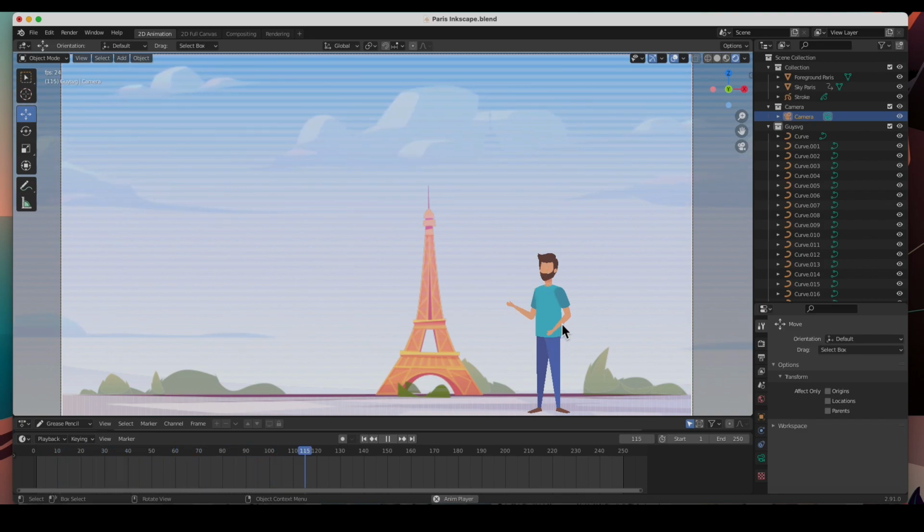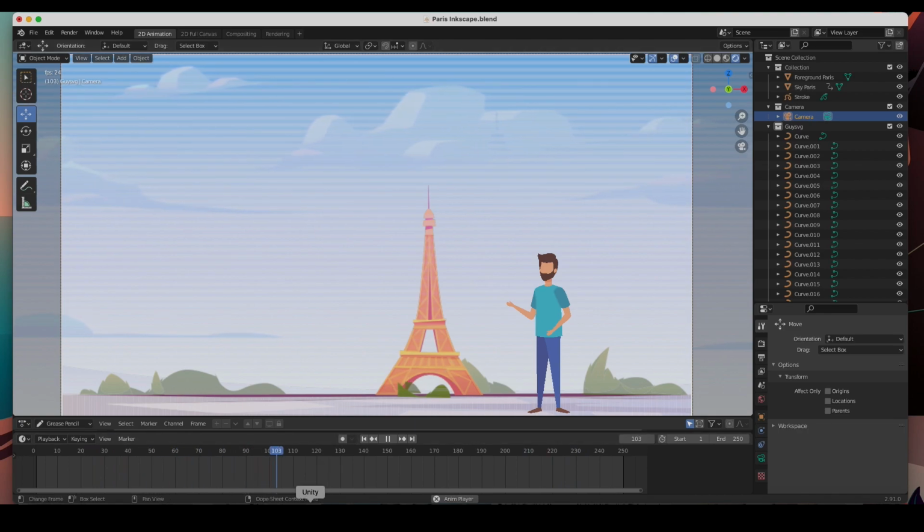And you can animate this character. Its body parts are separate, just like the video that we did on the walk cycle, the rigging tutorials. I'll leave the link in the description. And so you can animate this character by rigging it or parenting its body parts. The clouds are moving, and he's just enjoying himself sightseeing in Paris.